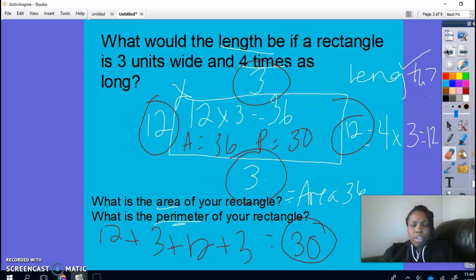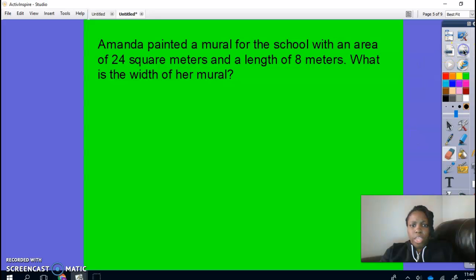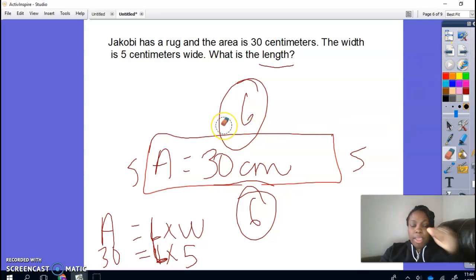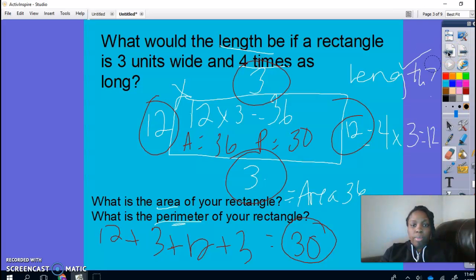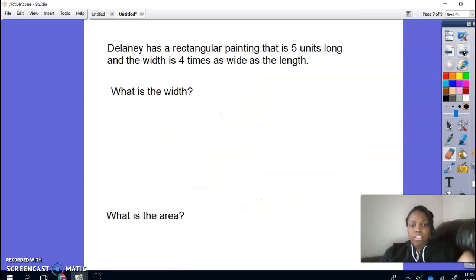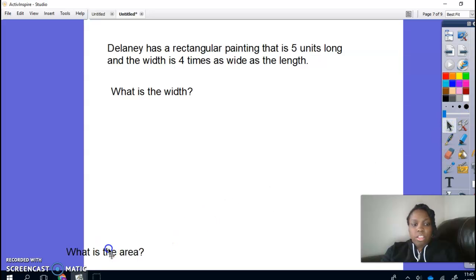So remember, we're going to review just quickly. You might have to find the length, you might have to find the width, or you might have to look and see how many times greater something is, and then find the area and the perimeter. So now we're going to just look at this problem, and we're going to make sure that we solve it step by step. First question is,